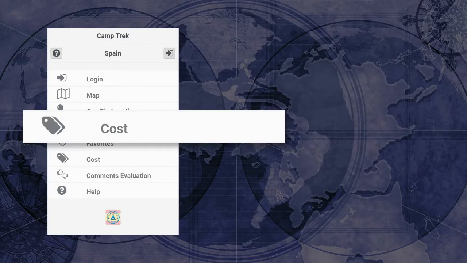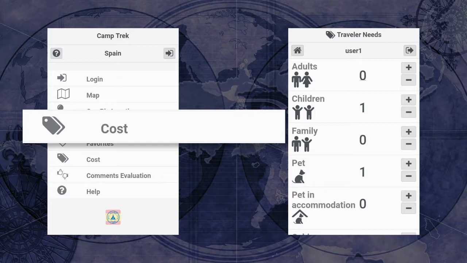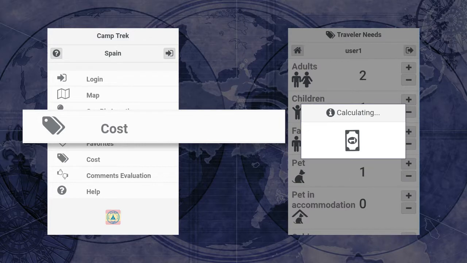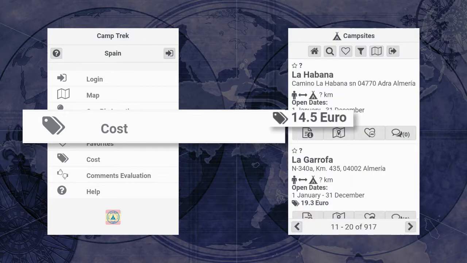The Traveler Needs screen allows you to enter your camping requirements. You can specify the number of elements that will be taken into account while calculating the cost of your staying in every camp that has the cost of those items listed. For example, you can specify the number of adults staying in the camp,